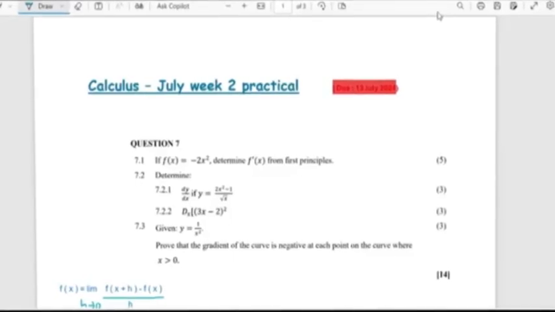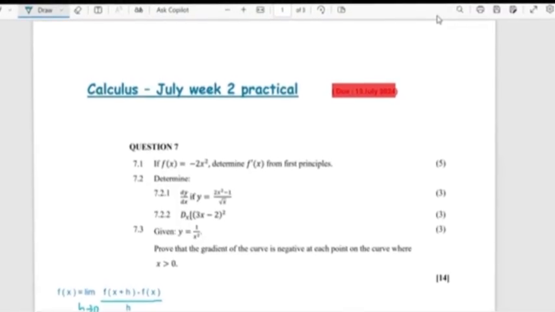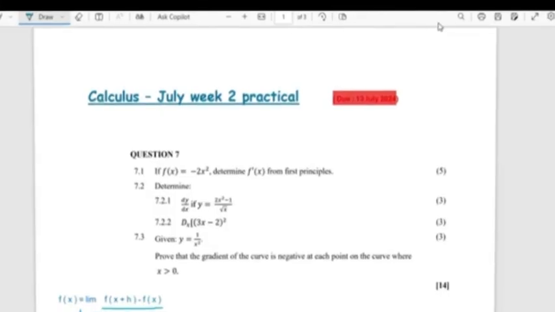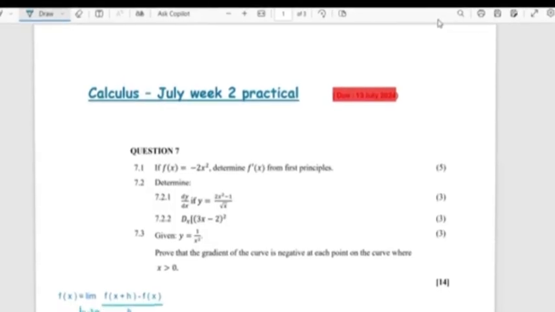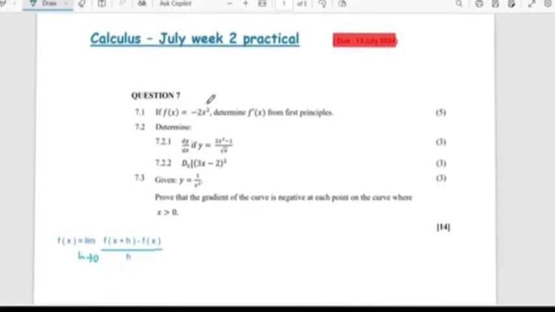So in this video, we're going to be going through the solutions for the practical, specifically for the calculus practical. Now, starting off with question 7, or before I start off with question 7, I want to emphasize the point that these questions are from your previous prelim question papers. Now, question 7.1 requires us to derive this,